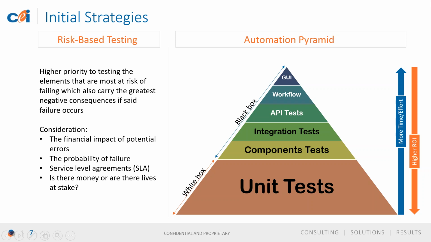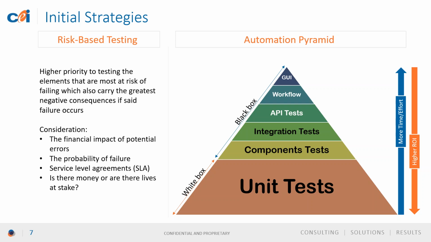In spite of all the tools and support available to begin automation, there is a big question about what you actually automate and how. Unfortunately, the tools themselves do not tell you what to automate. In reality, you cannot automate everything, so you have to be strategic. CEI recommends two approaches to help overcome this challenge. One is risk-based testing, and the other is the automation pyramid.